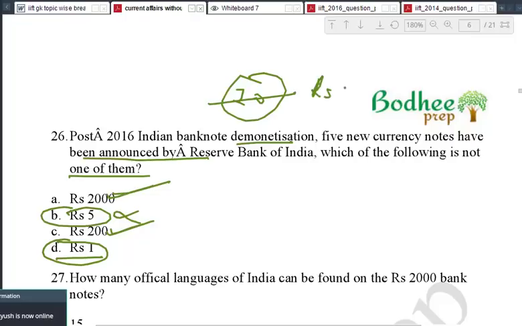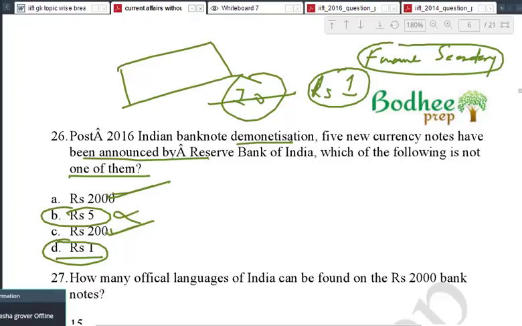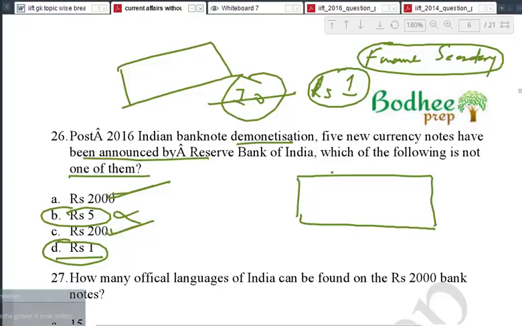Rupees 1, and there is one more secret about rupees 1. Rupees 1 is not signed by the governor. Usually on the currency notes you have the sign of the governor, right? Then on rupees 1 you don't have the sign of the governor. You have the sign of the finance secretary. This is one of the most interesting facts that even I did not know for a long time until I came here. I don't know why, but I do know that this is true. So on the 1 rupee note, the signature is of the finance secretary.